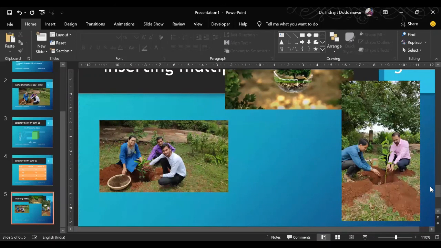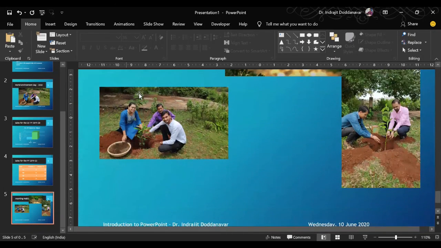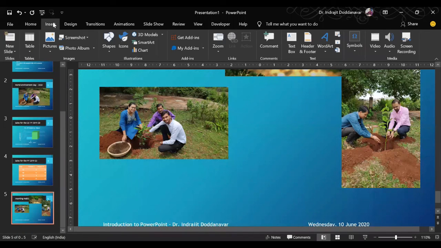Use the scroll bars to bring your work to the center, and then from Insert, there is Text Box. When I click on text box, you can see the cursor has changed to some inverted cross type of thing. So this cursor you have to take, and from which position to which position you want, you will have to drag it.